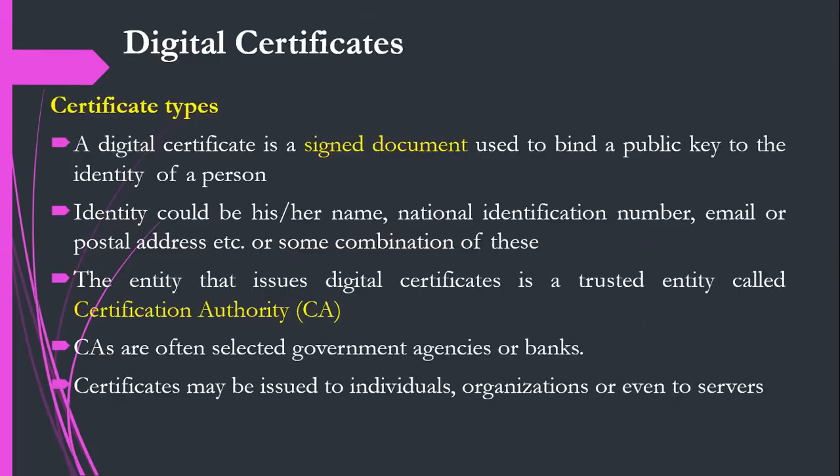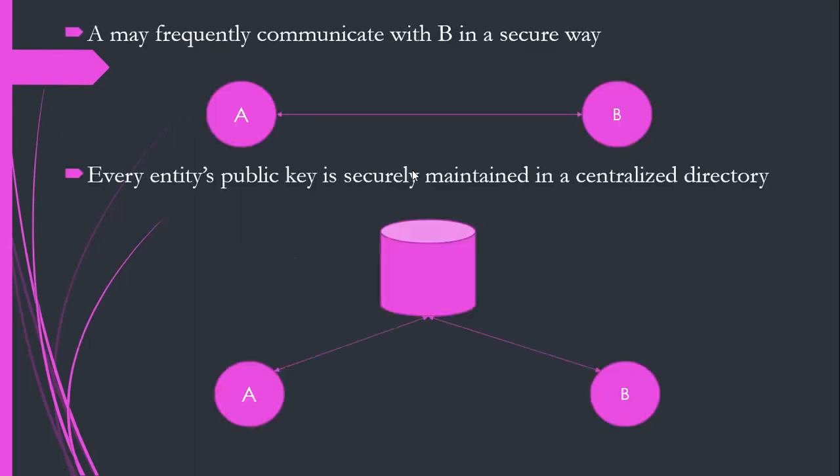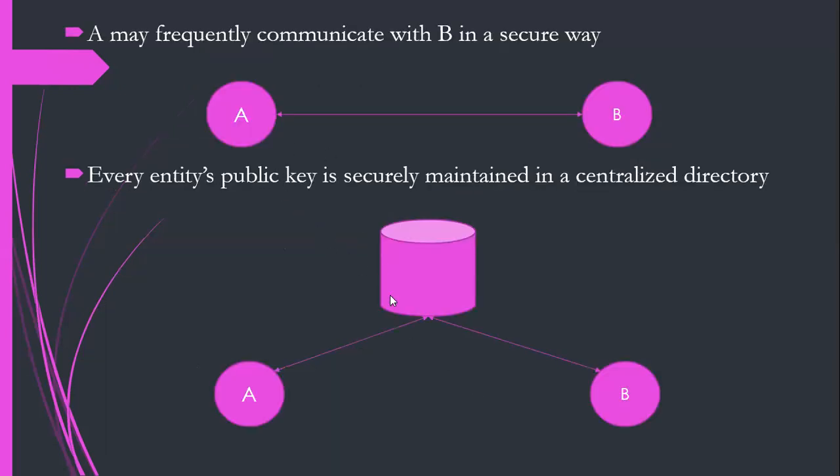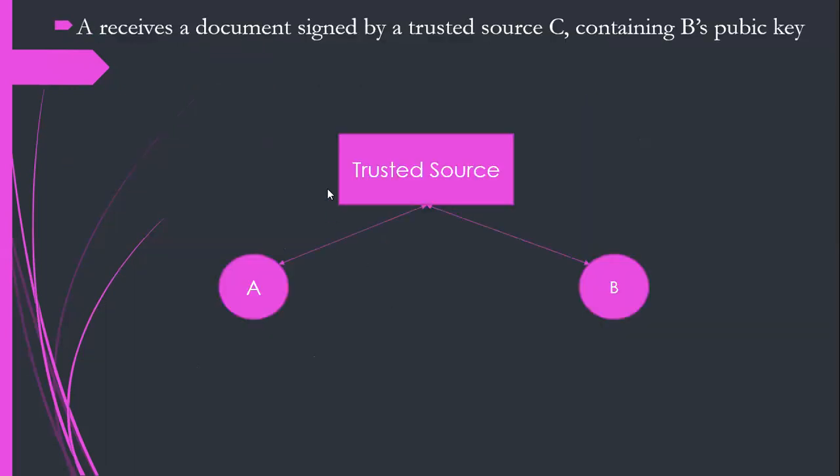Okay then, let us move forward. That is the concept of how to retrieve the public keys. So we have answered this question: how does A know B's public key? If there is a question on how an entity will get it, specifically if asked how does A know B's public key, you might have to draw this diagram and explain the concept: you have a trusted source, and the trusted source is going to distribute the public keys of entities.